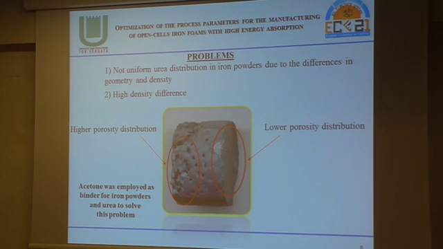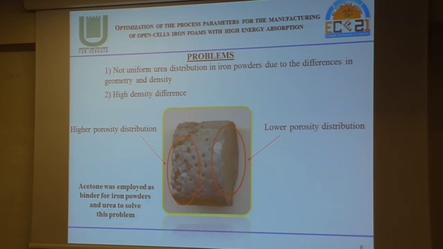The first troubles we found during this: it was not possible to obtain a uniform urea distribution inside the precursor due to the difference in geometry and in density between iron and urea. So to obtain a better distribution of urea inside the precursor, it was necessary to employ a binder.